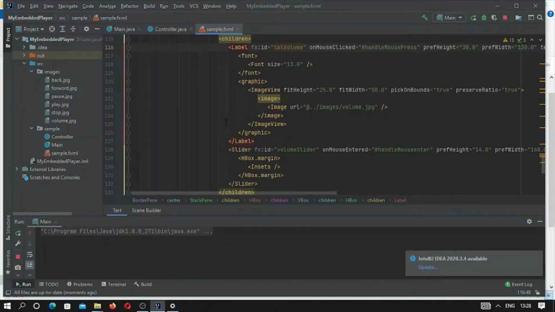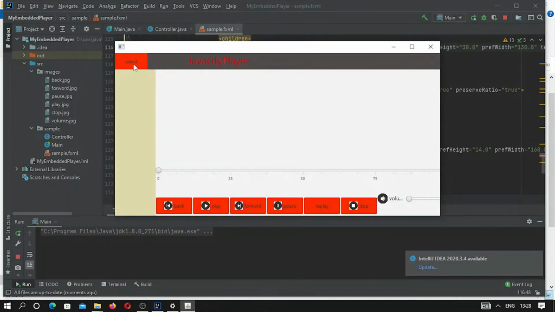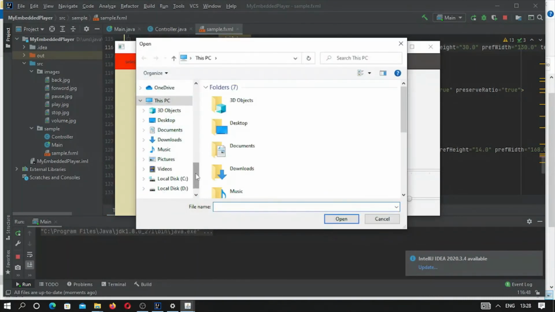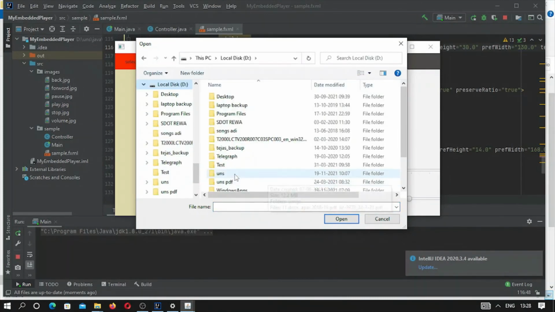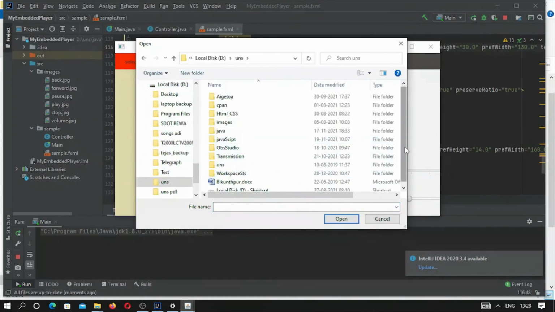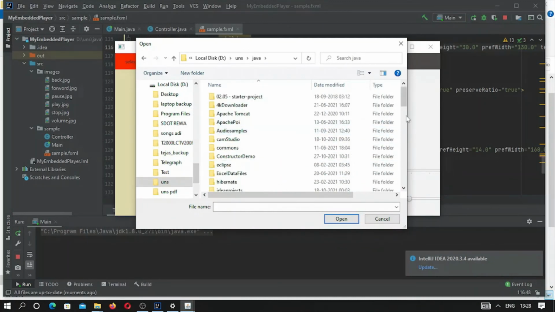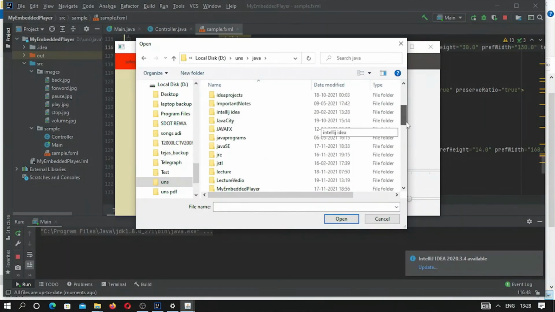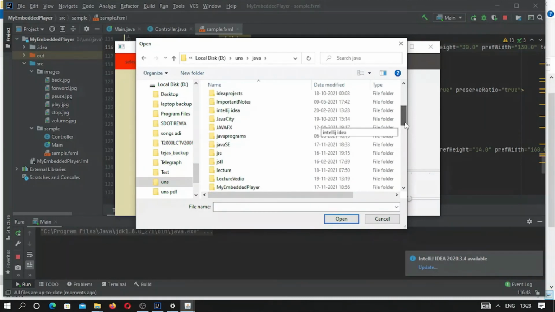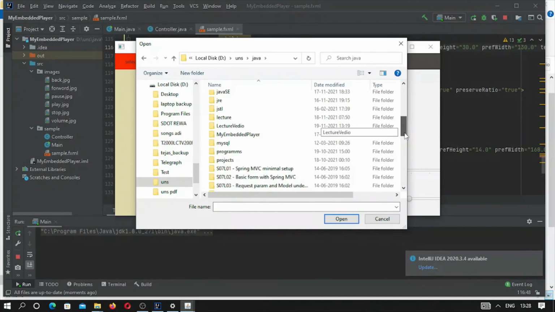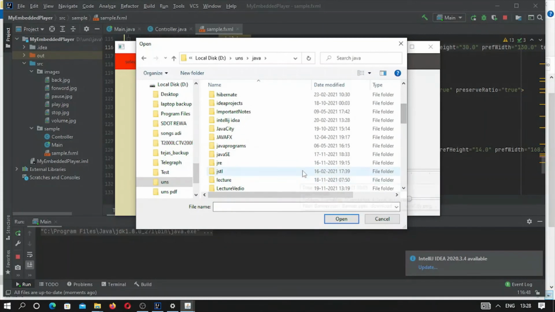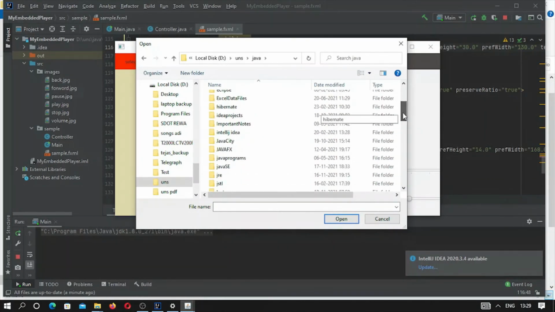So let's run, and again the selection of a video. Always remember, modifications are always open. You can do everything in a much better way and a much different way. This is just a very simple way, and the time bar is also simple, because we can't do so many things in a very short time.